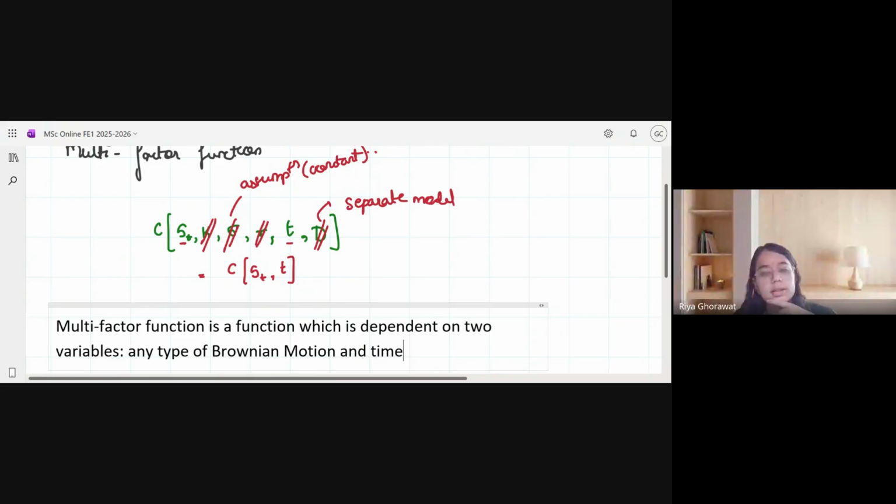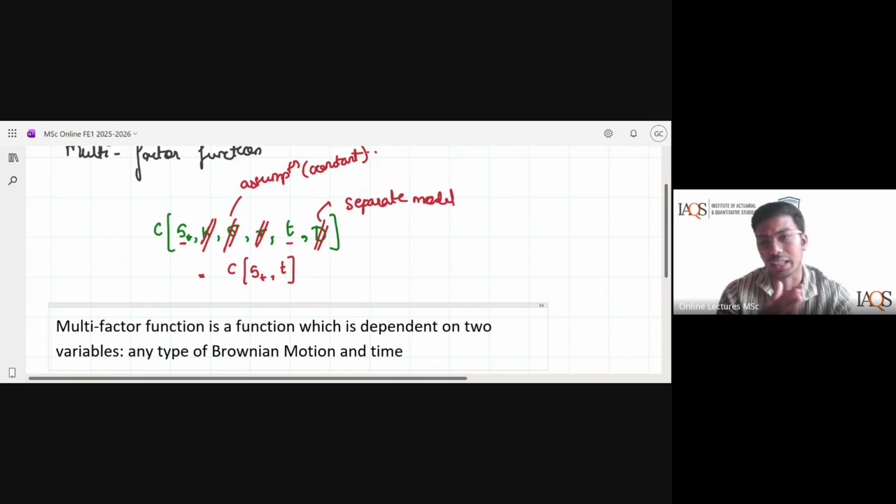So is it like the type 3 SDE? Somewhat like the type 3 SDE. If you want to draw very crude parallels, it's like a type 3 SDE. But they're two separate concepts. Here the process is dependent on St and t. There, your drift and diffusion were dependent on process and time.